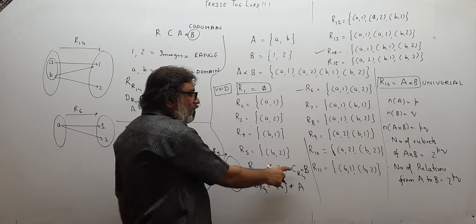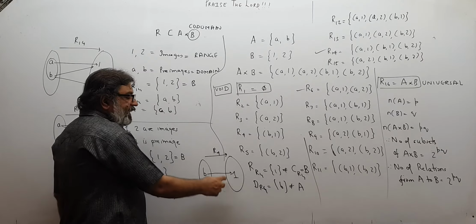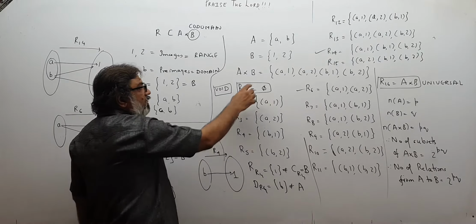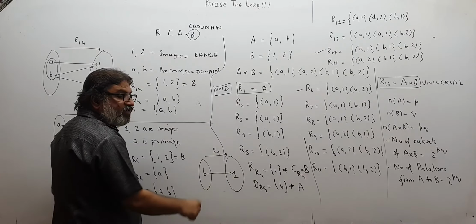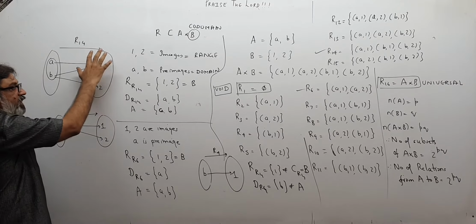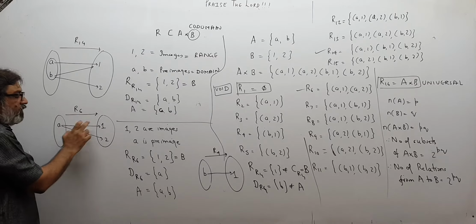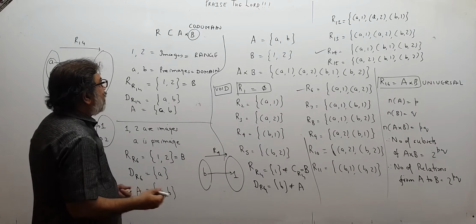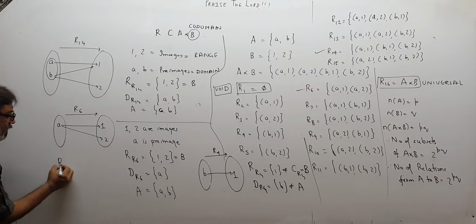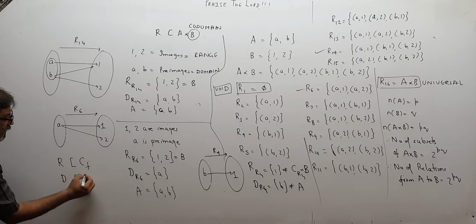But here the range is not equal to the codomain, it is not equal to B. But yes, one thing is very sure, that the range will be a subset of this set B, because range elements we will get from the right side set only, and here are the elements of B. You have to pick up some elements of B, like in this we picked up 1, 2, in this we picked up 1, 2, in this we picked up only 1. So one thing is very clear to us, that the range of the relation will always be a subset of the codomain, and the domain of the relation will always be a subset of the first set A.